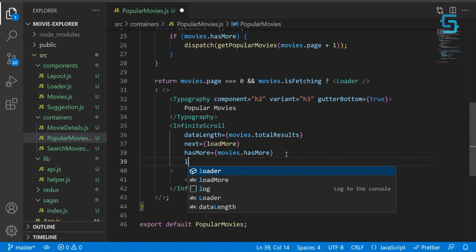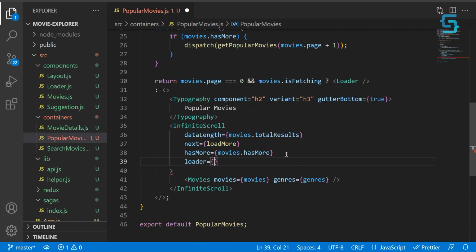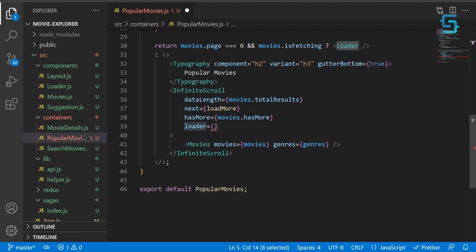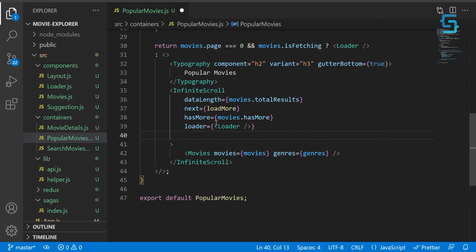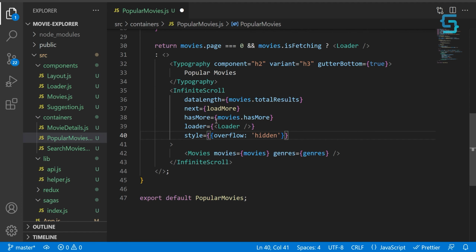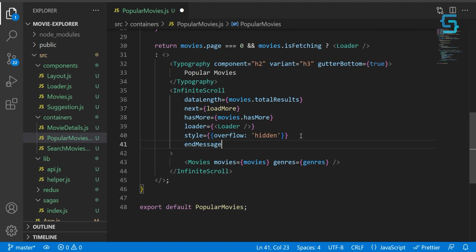Next one is we can set the custom loader. So we can use the one that we created previously. Let's import. Actually, we are already importing. So let's just place it here, loader like so. To avoid having unnecessary overflows, we can add some additional style to this component. So let's set overflow to hidden like so, and we can set a message once we reach the end